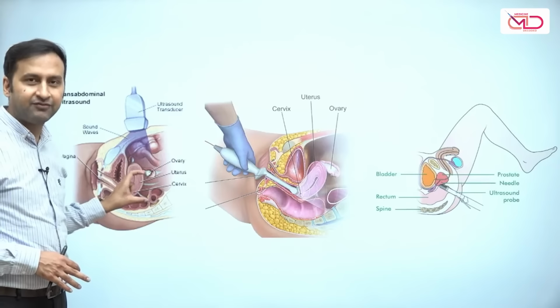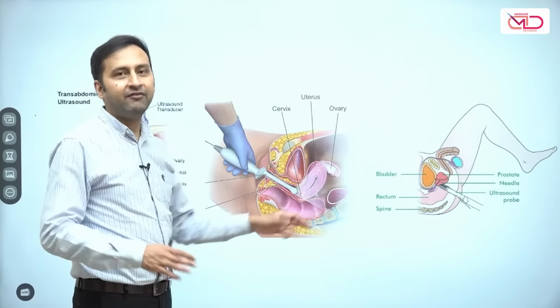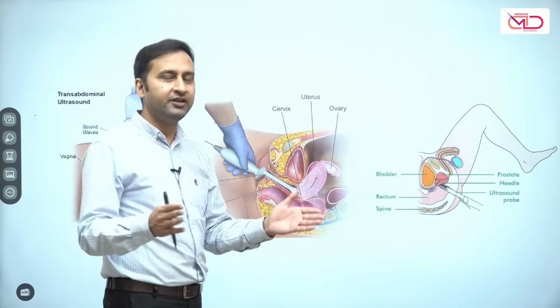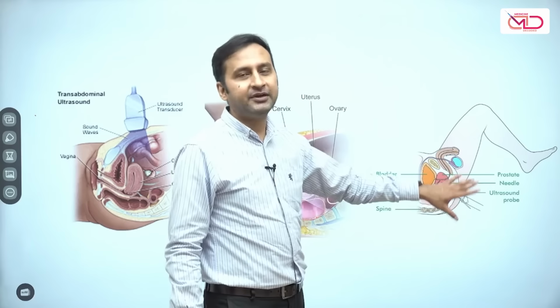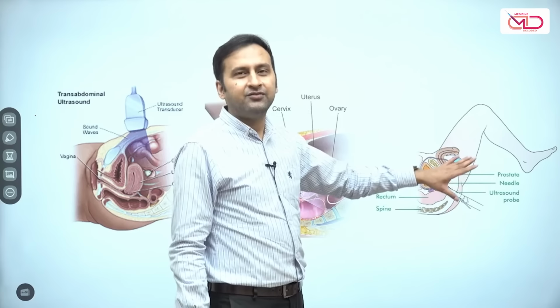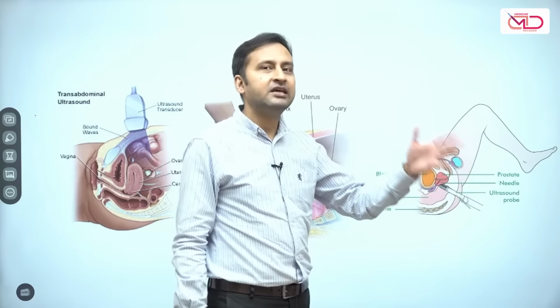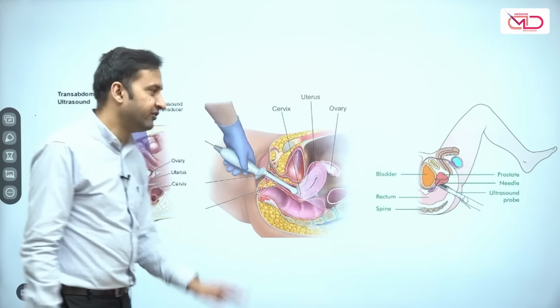Secondly, see, the uterus is far behind, so the image of the uterus in this particular case will not be much magnified. While a transvaginal scan is scanning only the uterus, so we'll have a much brighter and magnified image of the uterus on the screen while using a transvaginal scan. Transrectal sonography is specifically limited to the prostate, and it is used to see some prostatic nodules, but in clinical practice, its role is significantly limited. Apart from doing biopsies, we usually do not do it on a routine basis.